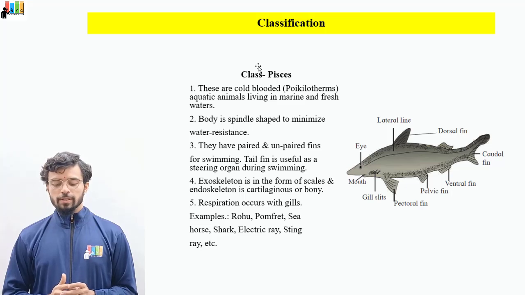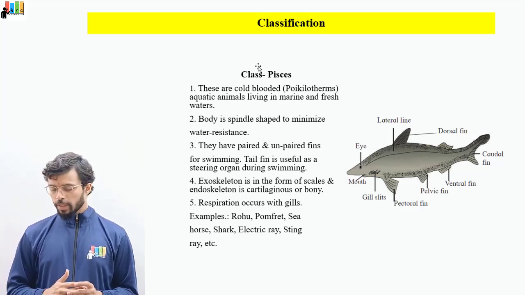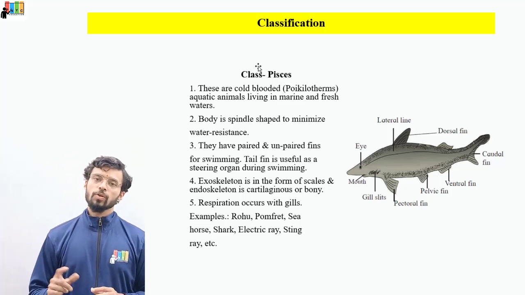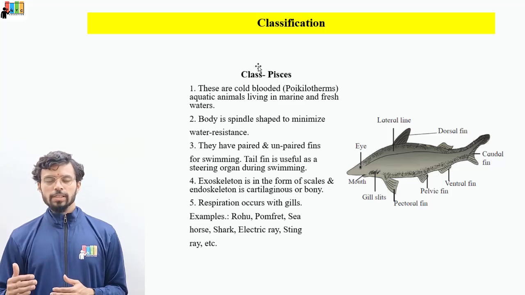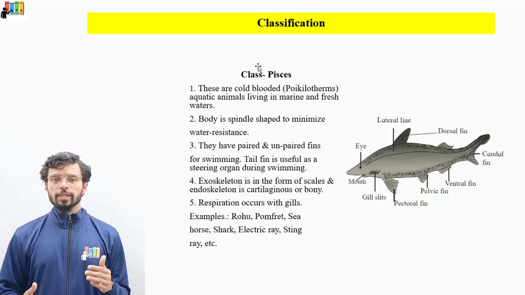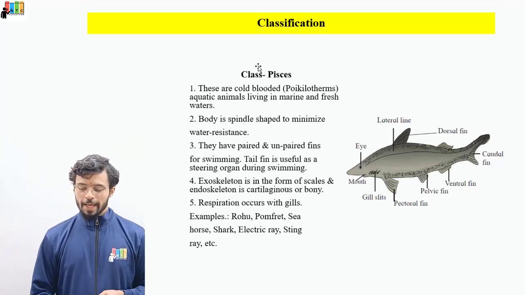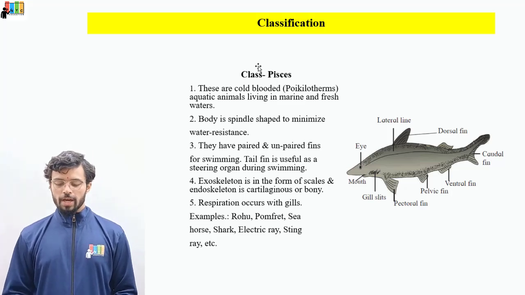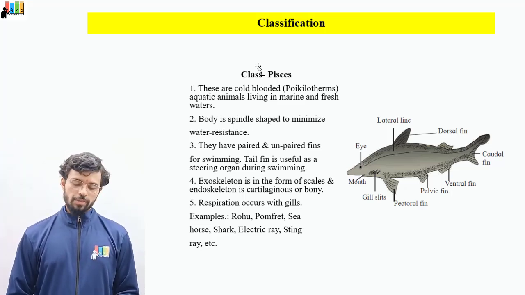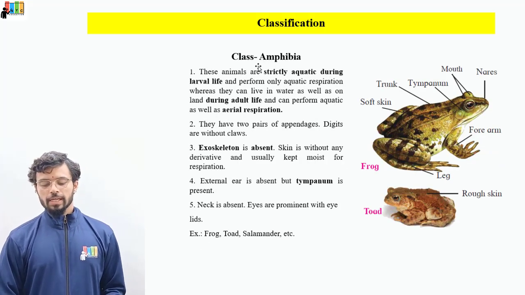Then the exoskeleton is in the form of scales in smaller fish. Sharks do not have scales. They have got a cartilaginous or bony skeleton, which in sharks is cartilaginous. In fish that you consume like rohu, katla, etc., it is scaly, right? You have to remove the scales. Respiration occurs through gills. Examples are rohu, pomfret, seahorse, shark, stingrays, and whatnot. So the list is again pretty big. Then coming to the second class of